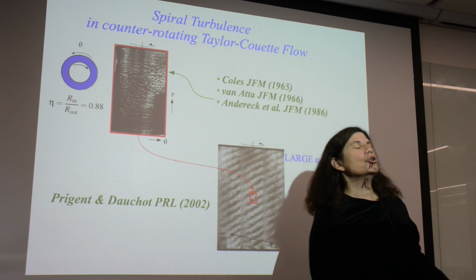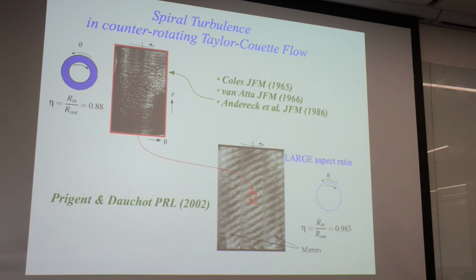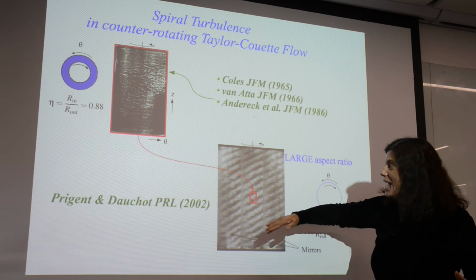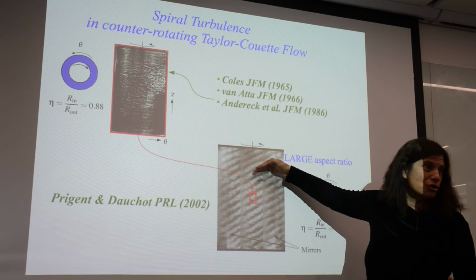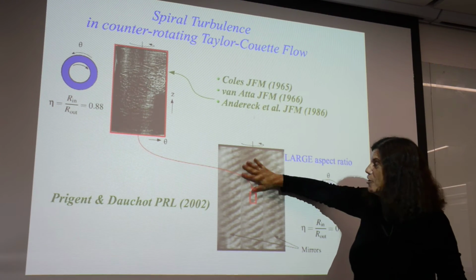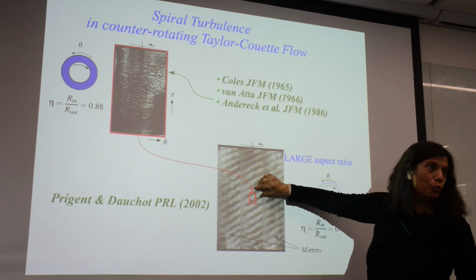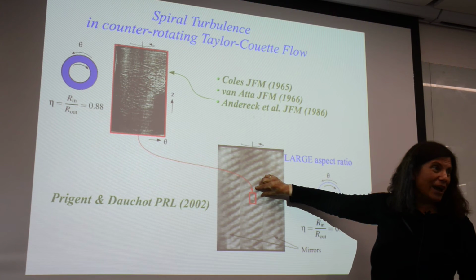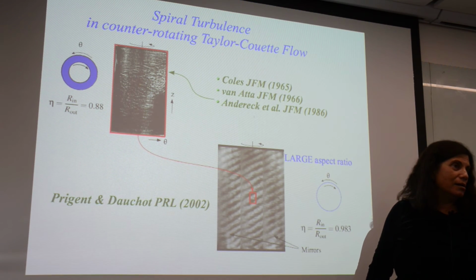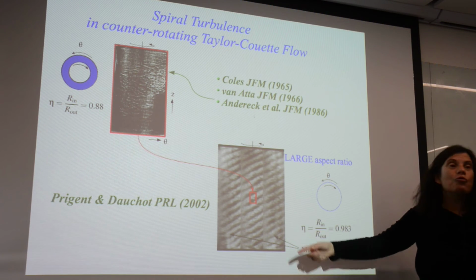Here they noted, oh look, we have a piece of turbulence and a piece of laminar, and it persists, it just stays. That's strange. But here they could say not just that, but because it was so big, it has a regular structure. These people knew there was laminar and turbulent, but they did not know that it had a regular structure, a regular wavelength, and a regular angle, because they just saw one of them. Okay, so this is remarkable.